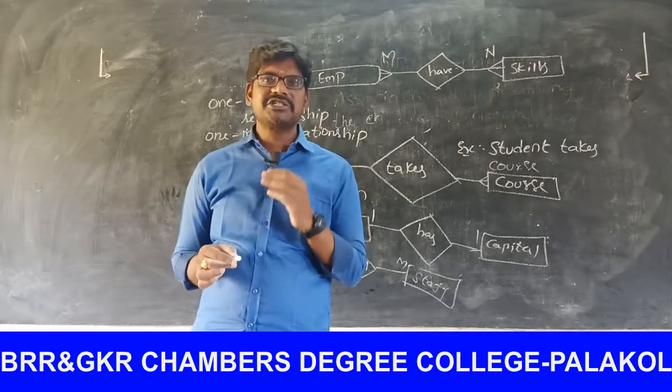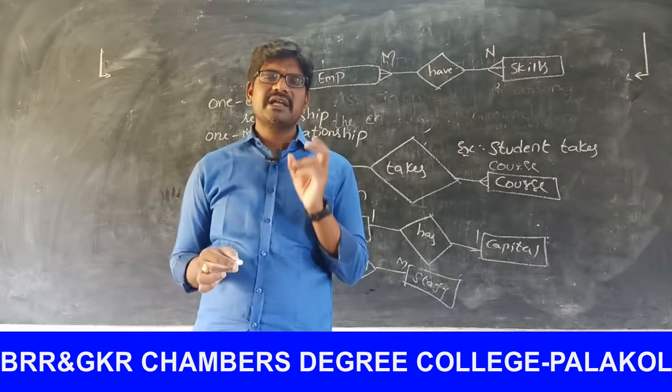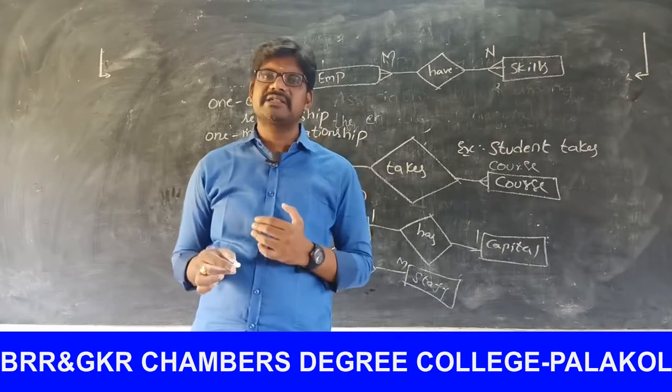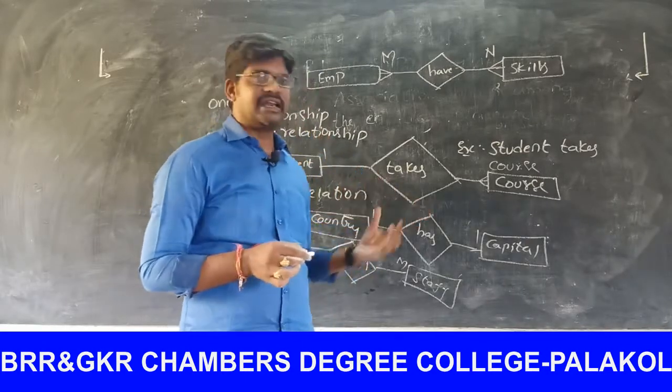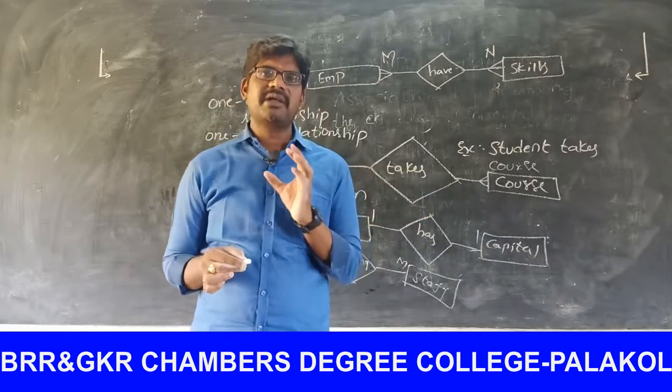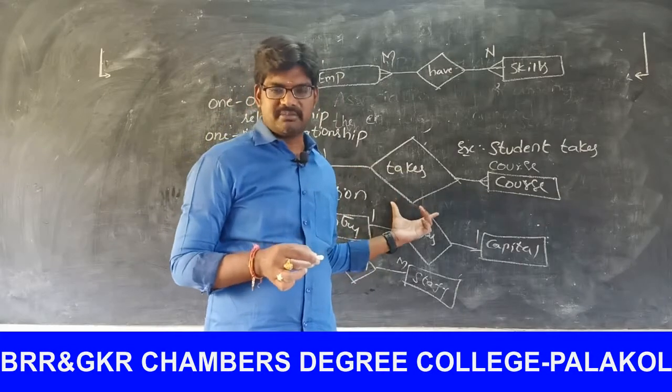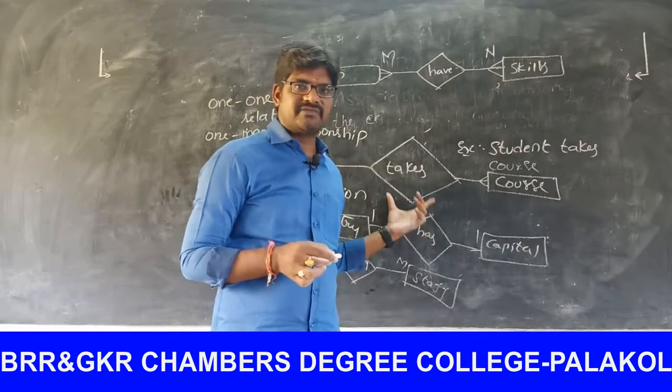Next one, relationship. What is relationship? Means the association between or among the entities, we call it as a relationship. And relationship can be represented by the symbol diamond or rhombus symbol. Okay, and next one,